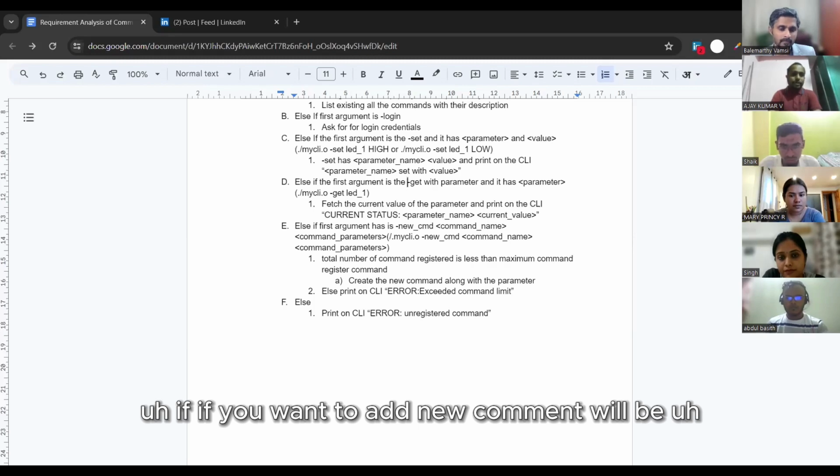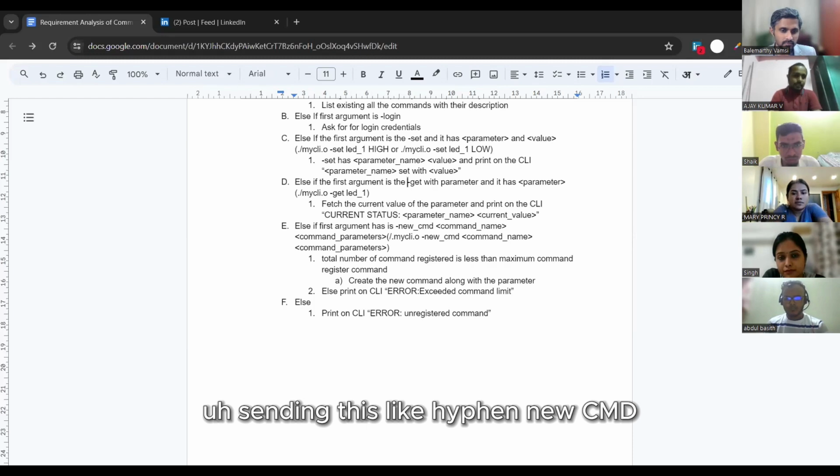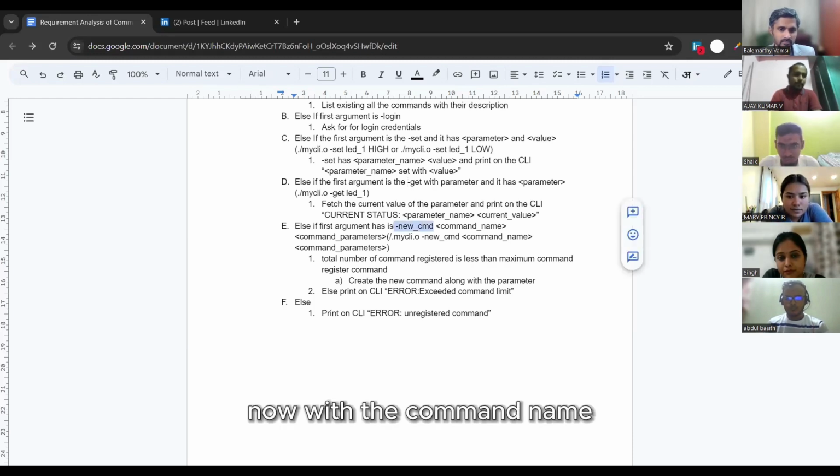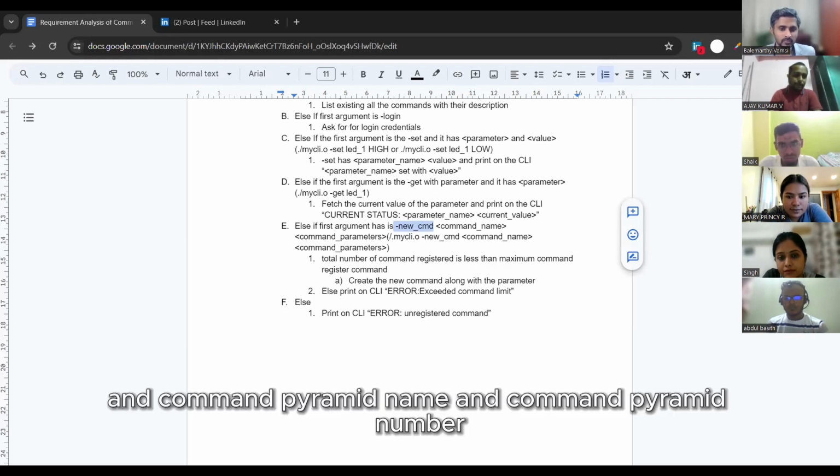If you want to add a new command, we'll send hyphen new CMD with the command name, command parameter name and command parameter number.